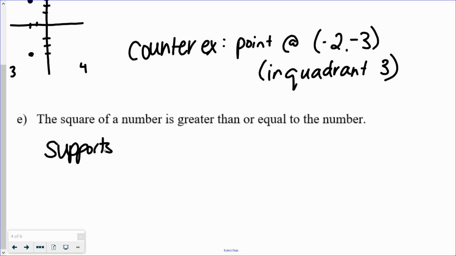So something that supports that conjecture is like 3 squared equals 9. Yeah, so the square of 3 is greater than it, right? 9 is greater than 3. 5 squared equals 25. 25 is greater than 5, yeah. So a counterexample